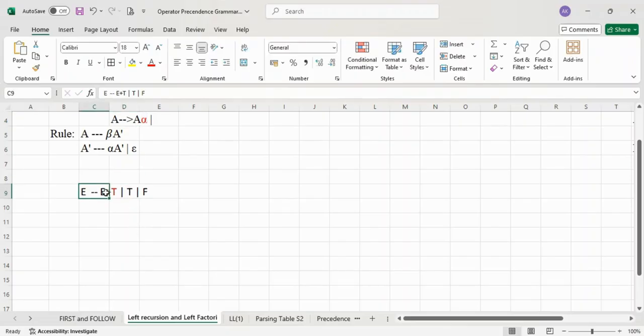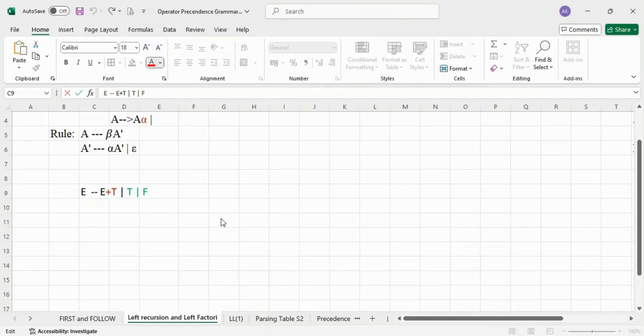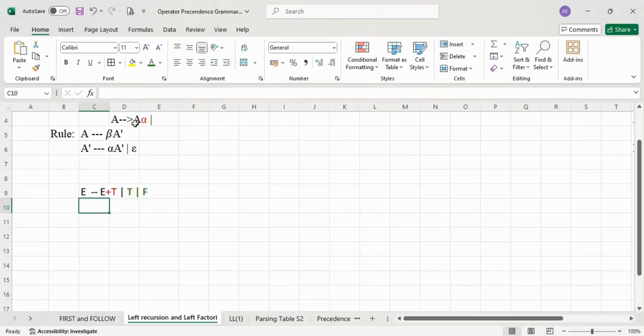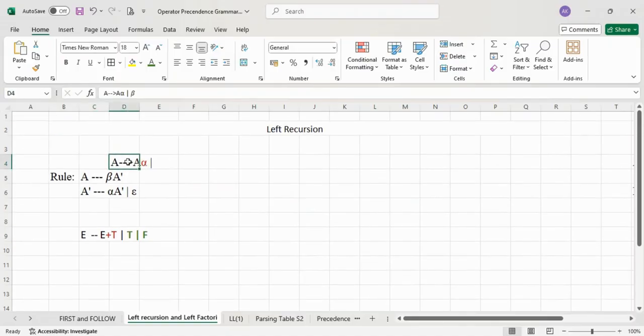Now if you observe, these rules don't have E with them, meaning those are not a part of the left recursive grammar. Hence, I will color it as, say, green, so that it is understood. Here my beta, where is my beta? Yeah, here also I color my beta with green so that it is understood.